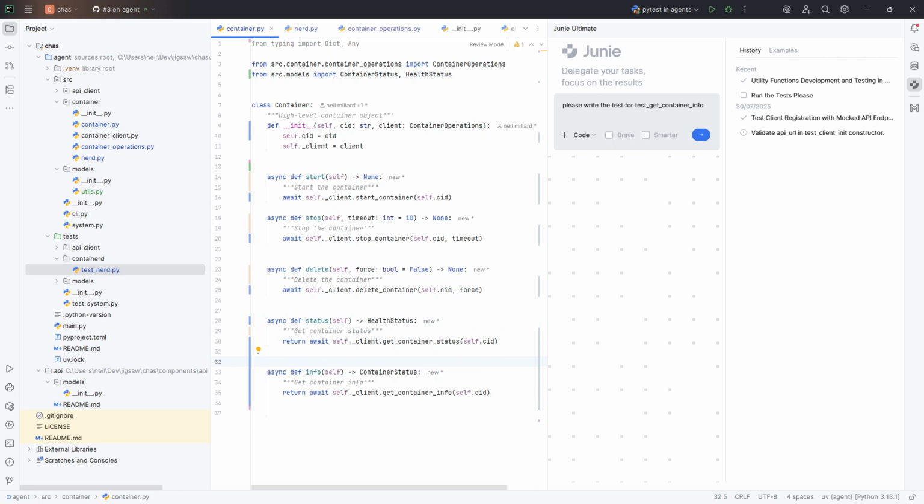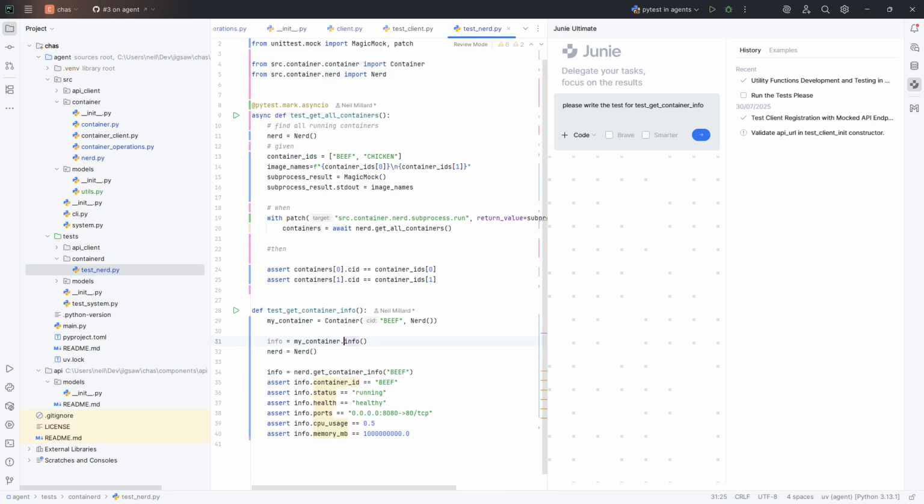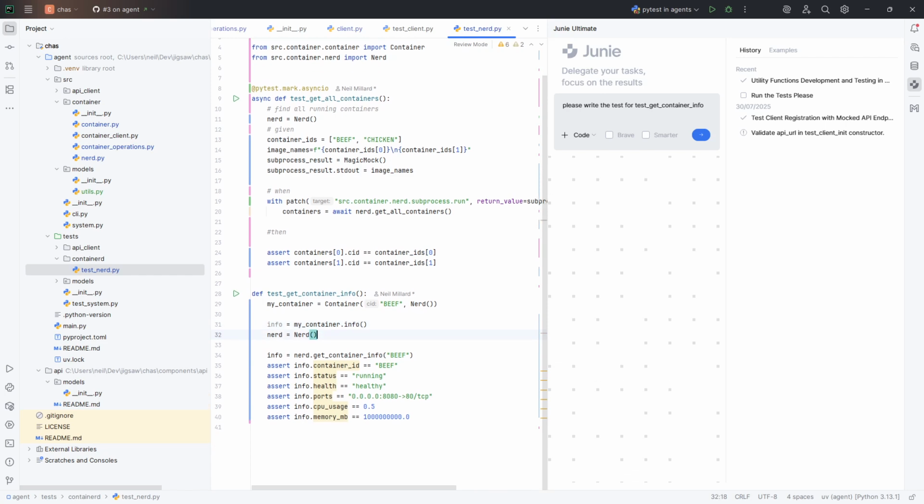Yeah, so just to explain what happened there, because these were back here at the top level, they're outside of the class, which means they're just normal definitions that happen to be in this file. What we really wanted though was them to be member functions, so that when we called it from here, it's actually a member function like that. So that's what we might do at a higher level when we've got the container, but here we're just testing nerd, so we don't want any of that rubbish because we don't need it. In fact, I'm just going to delete it,